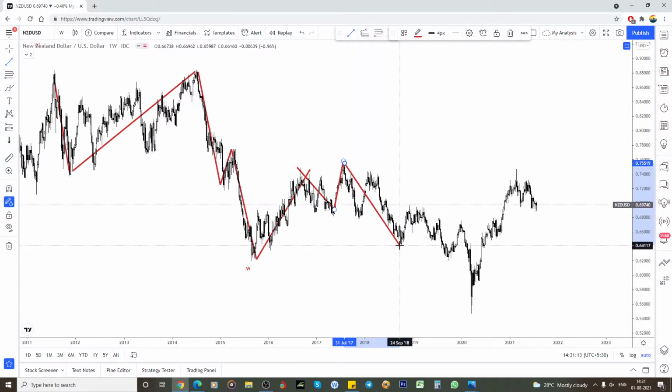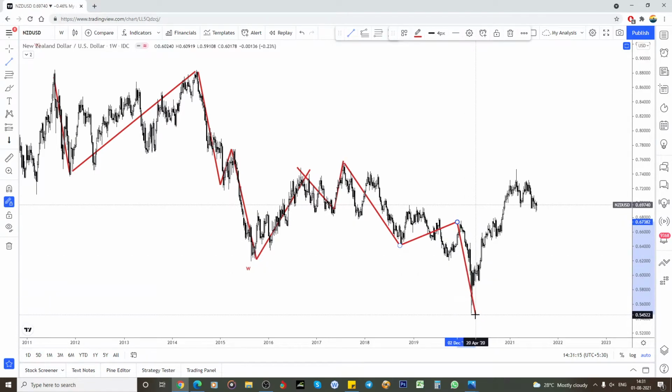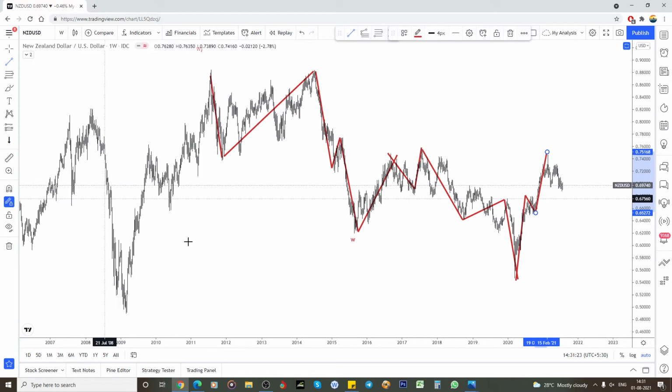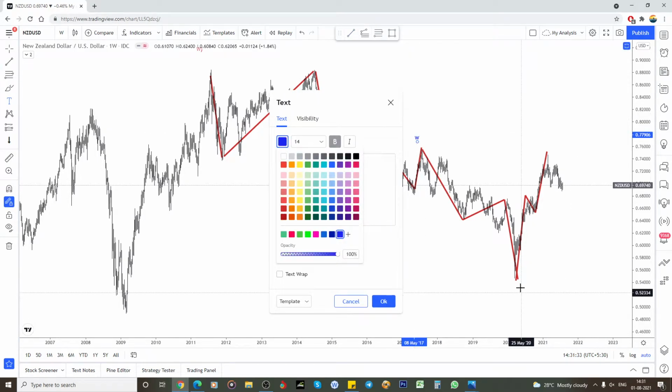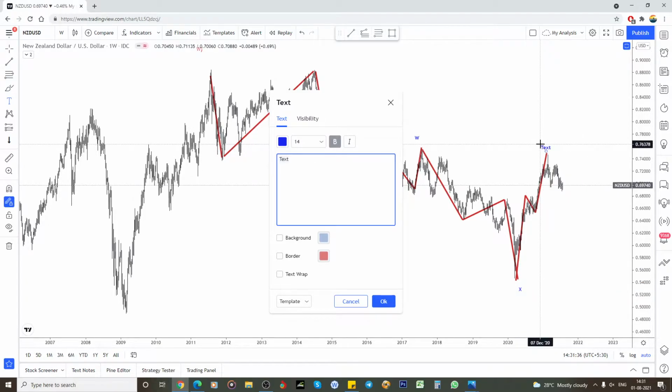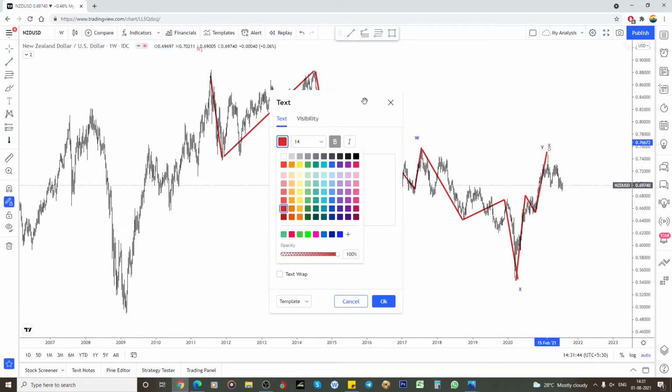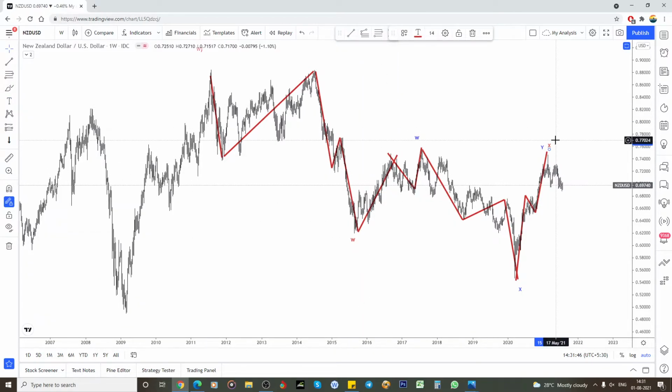After this is also A, B and C. So this is also A, B and C. So this is a connecting pattern here, and this ABC is a W. So we can make this a blue color, and here it's an X in the blue color. So Y we can make as blue, and this X could be in red. So for this W, this is the X. So we are in one more downtrend.